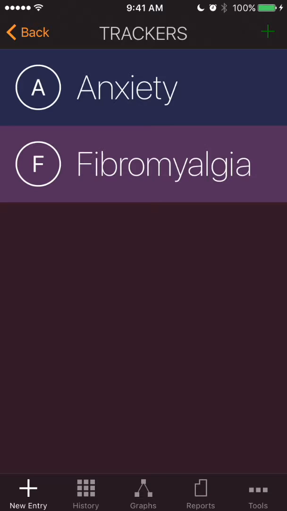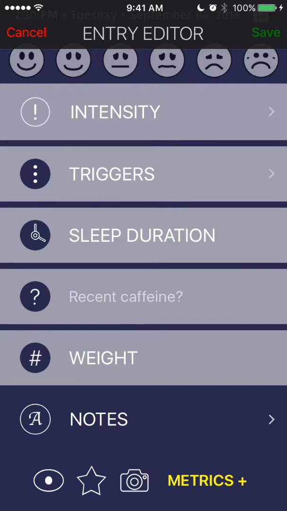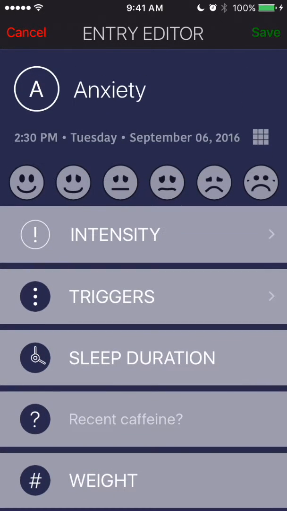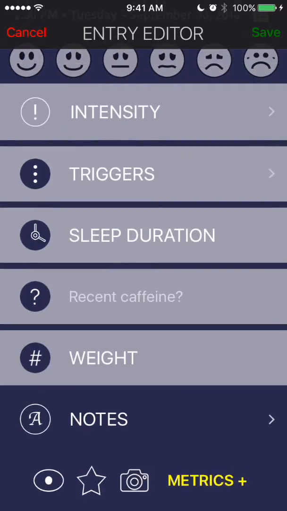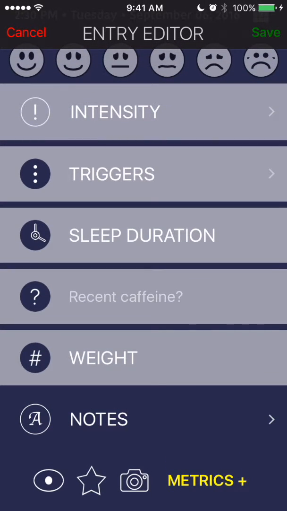So for the sake of the anxiety tracker, let's take a look at it. And let's say the doctor asked me to track information that's not represented in any of the default metrics. So what we want to do is think a little bit about the information that we are intending to track and try to determine under which metric type it would best fit. I've shown you some examples of each metric type, so let's just say that the doctor in this case says, Damon, I need you, when tracking anxiety, to also track, let's say,